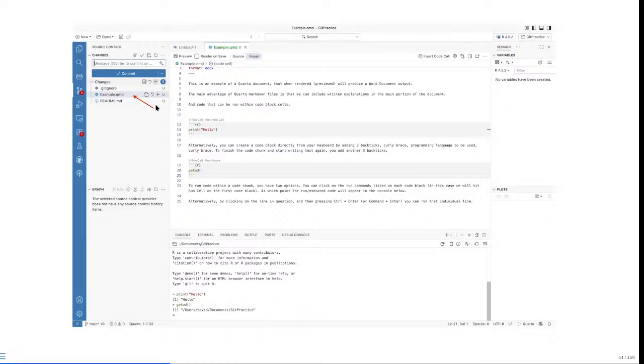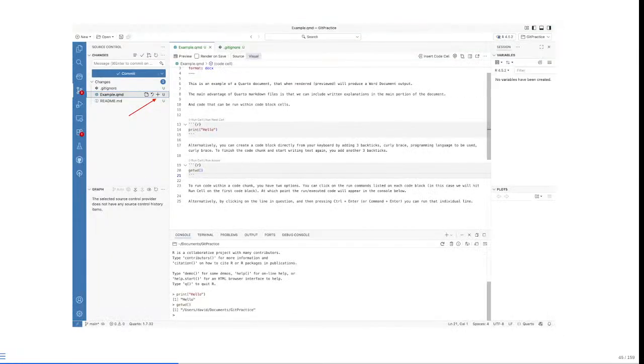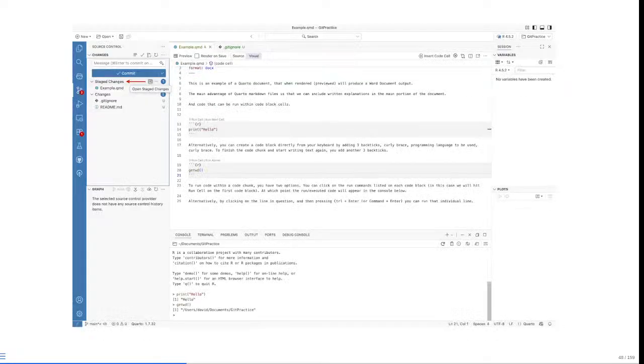If we decided, okay, this file is important to us, we want to actually have version control software Git track it for us over time, what we do is select this little plus icon to add it, which will basically be called staging it, which basically means the software is now aware of it. It'll keep track of changes that are occurring to this particular file. So let's go ahead and do so for the example.qmd file,